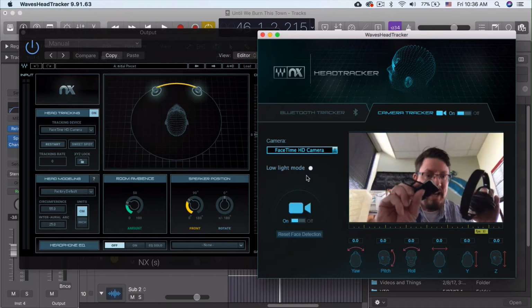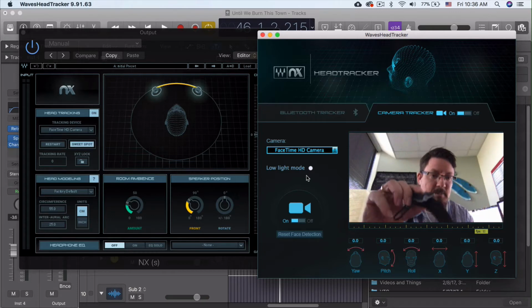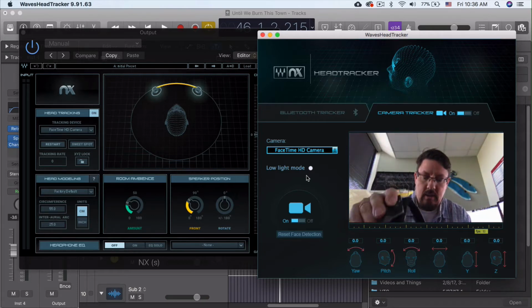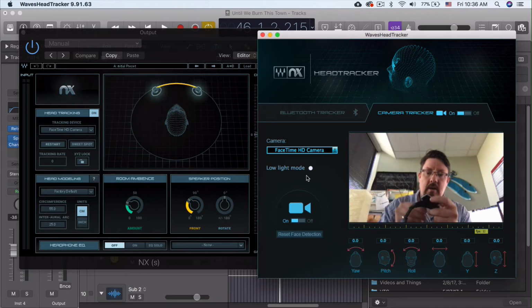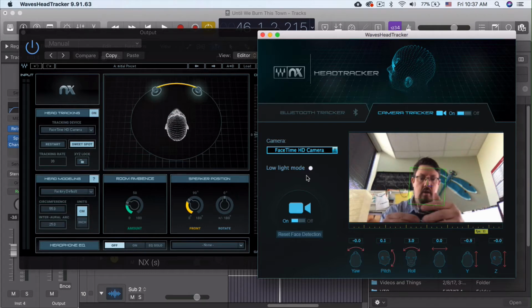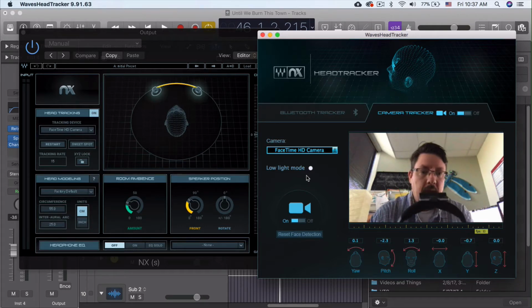So we're going to be attaching it to the top of this pair of headphones. We'll make sure that this lines up with the right sides. Just like that. Make sure it's centered. Okay, and then we'll be turning this on, and when we wear and listen, anytime we move, it's able to